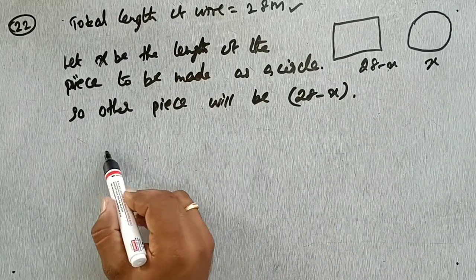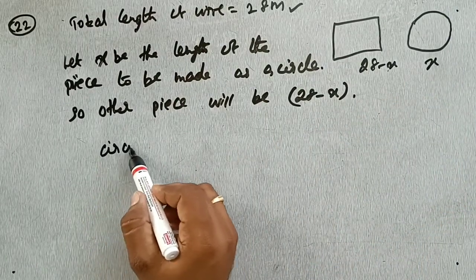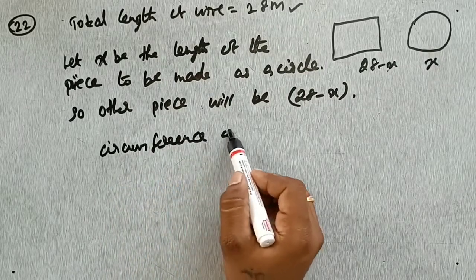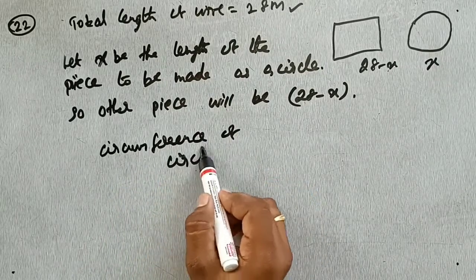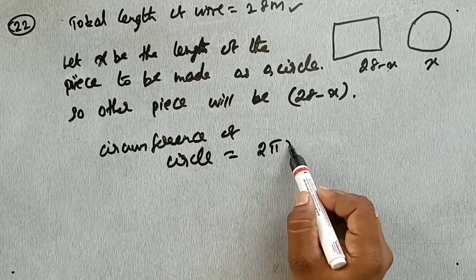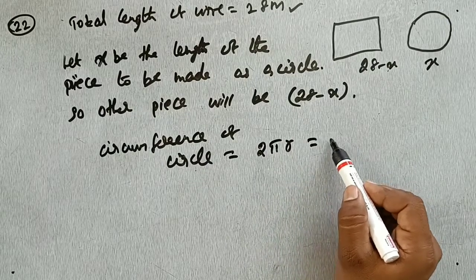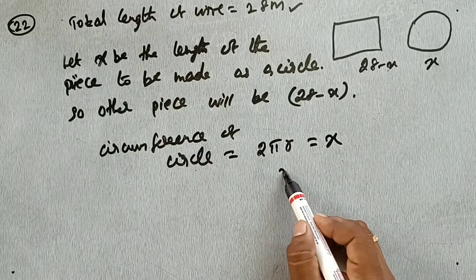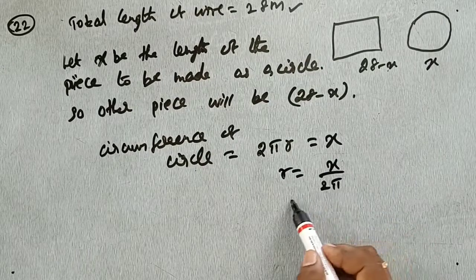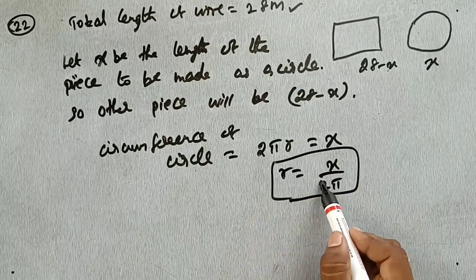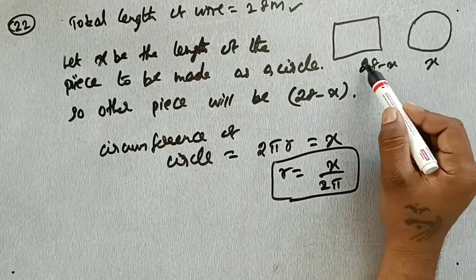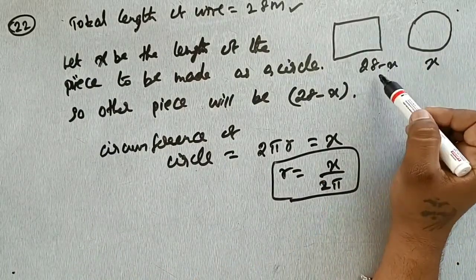So we need to write that the circumference of the circle equal to 2 pi r, that is equal to x. So now what is the value of radius r? r equal to x by 2 pi. Similarly, what is the length of the piece to be made as a square, that is 28 minus